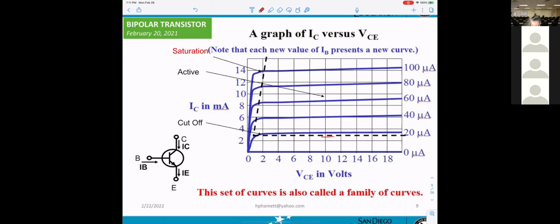For each one, what does it stand for? What equals 20 microamp or equals 40 microamp? What is it?